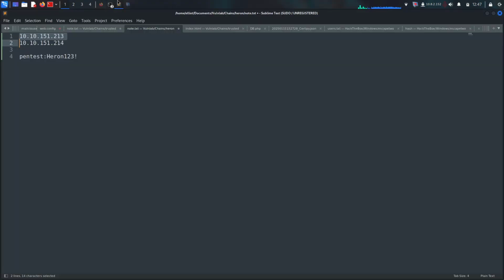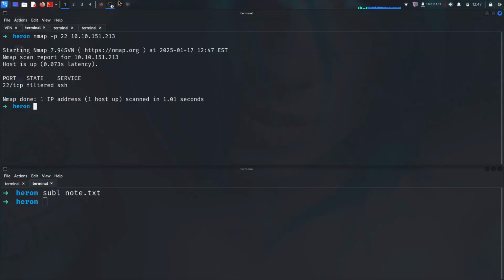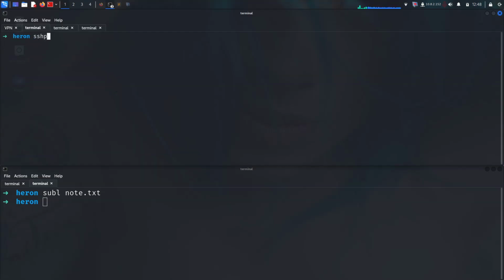I'm going to check first of all which IP address has SSH. I'm going to try nmap. I'm looking at this one first of all, and it's filtered. I'm going to try the other one, and it's open, and I think we can use it for an SSH shell. This one. So I'm going to use SSH